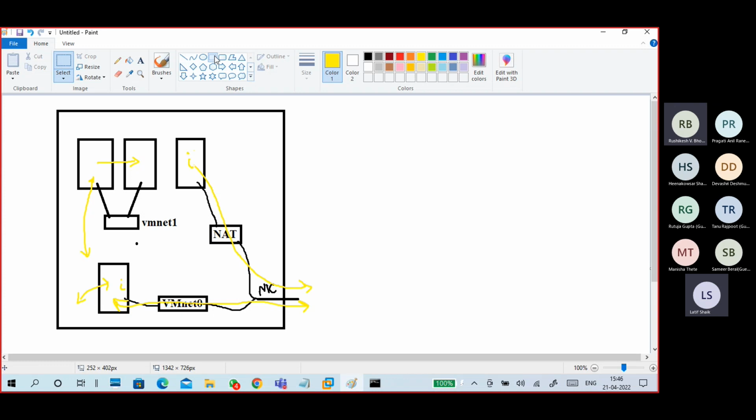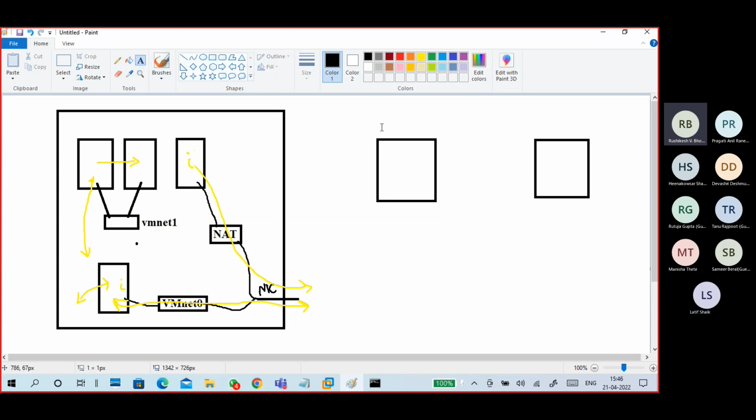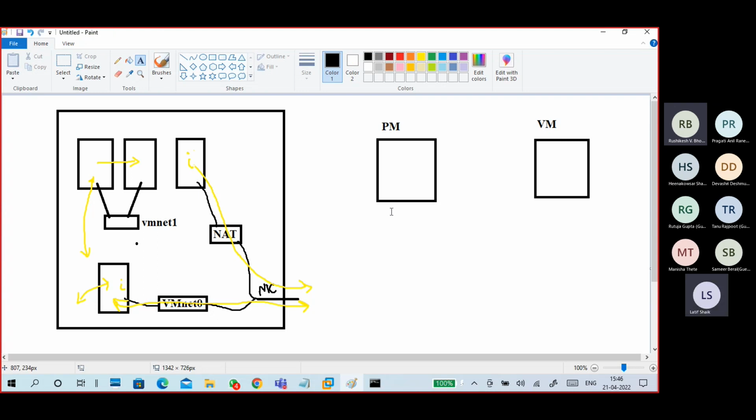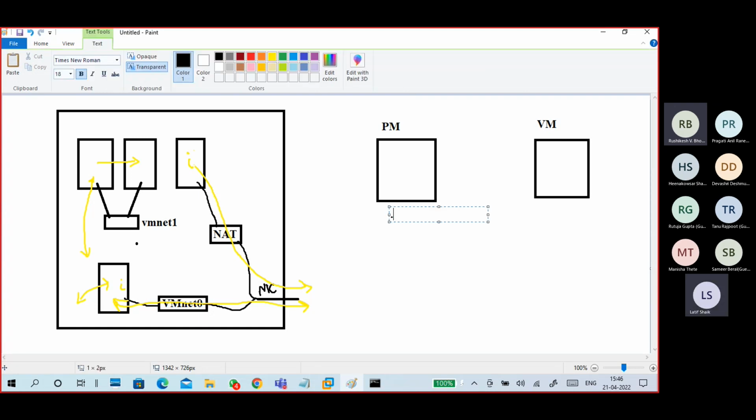I'll explain here. This is one machine, this is another machine. Both are connected. This is my physical machine and virtual machine, two machines. This one is .224 and this one is .139.